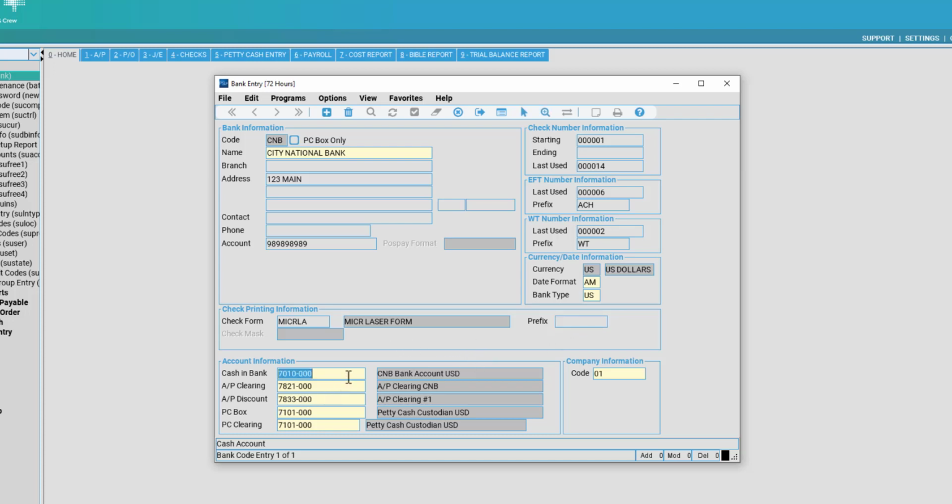Moving forward, we have our account information, which is our required fields here in yellow. We have cash in bank, AP clearing, AP discount, PC box, and PC clearing. These need to be associated correctly with your chart of accounts. And a disclaimer here that the chart of accounts you see within this PSL system is not the one you will most likely be using. Your chart of accounts may be different than the one that you see here. So just be aware that the coding that you're seeing is specific for my demonstration setup